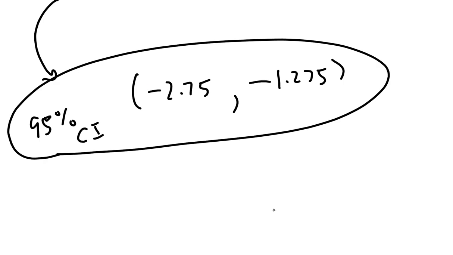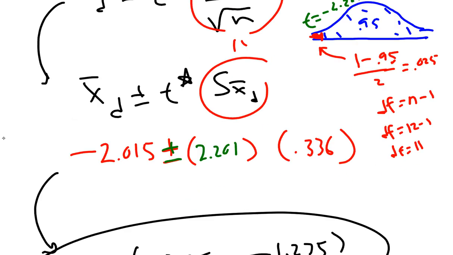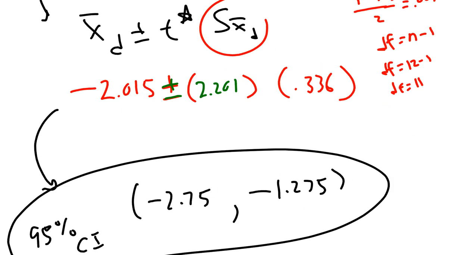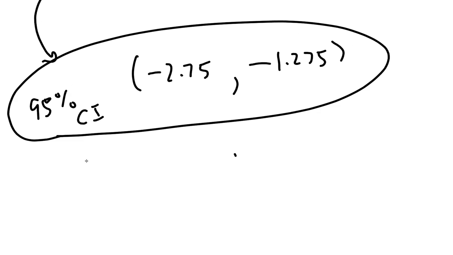Okay, so when I look at these confidence intervals, I always think, all right, does it capture H0 or not? Does it capture 0 or not? So in this case, we look at part B. Part B says, based only on your confidence interval in part A, is there sufficient evidence to conclude that there is a significant difference in the mean growth? All right, so I would look at this confidence interval, and I would notice, sorry about that, screen jumped for a minute. I would notice the following: 0 is not